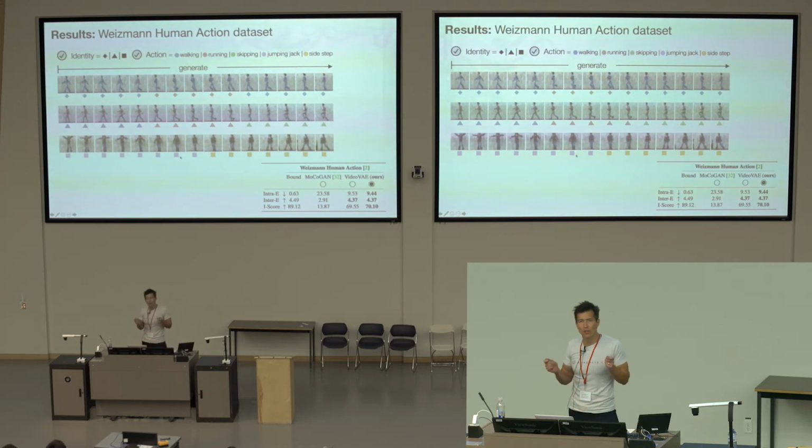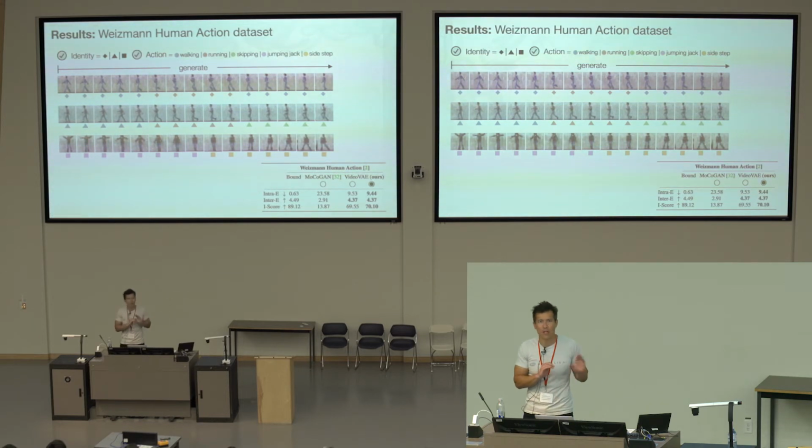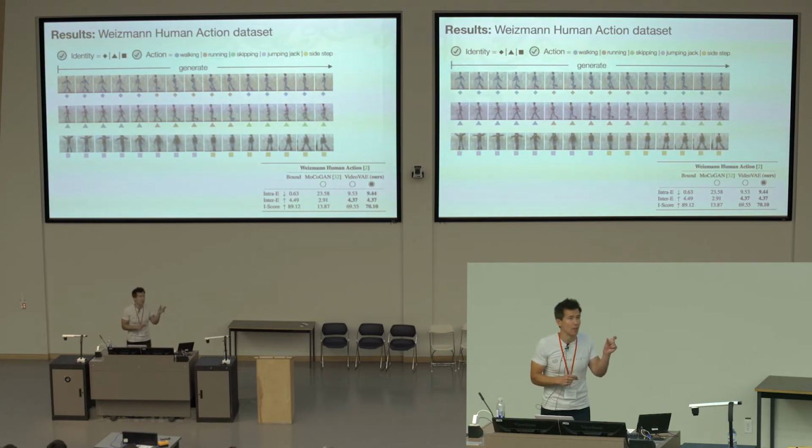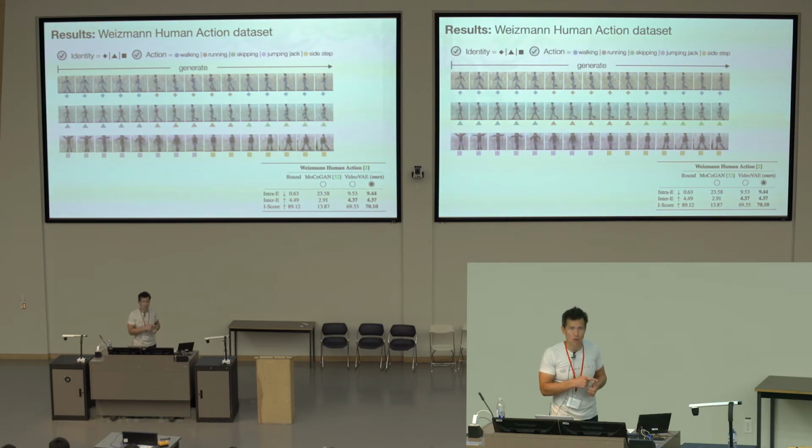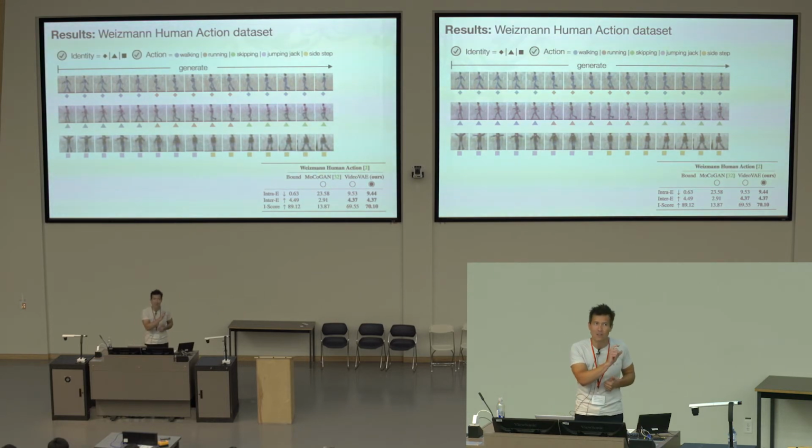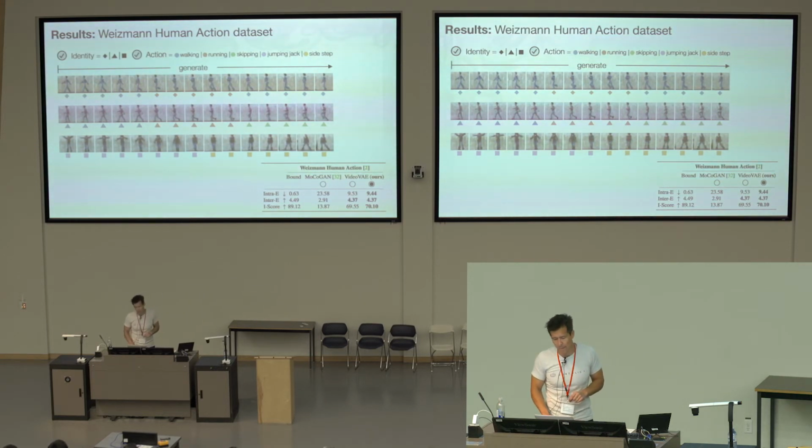How you smoothly transition between those actions is something that, back in 2003, we had no way of doing. It was not something that was possible. If we've never seen you do that before, there's no way that we can generate that type of motion. These methods actually seem able to generate those in-betweens, and I think that's what's exciting: being controllable and generalizing to unseen compositions, like jumping jack to sidestep, that don't exist in the training data.